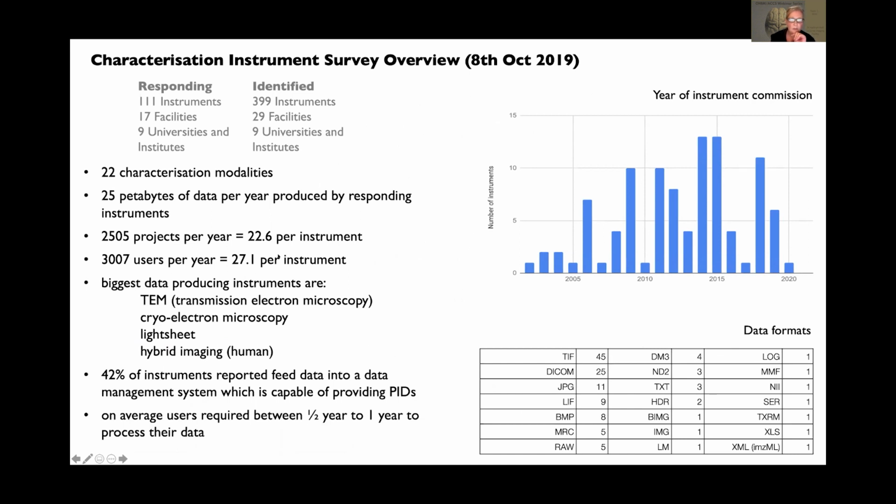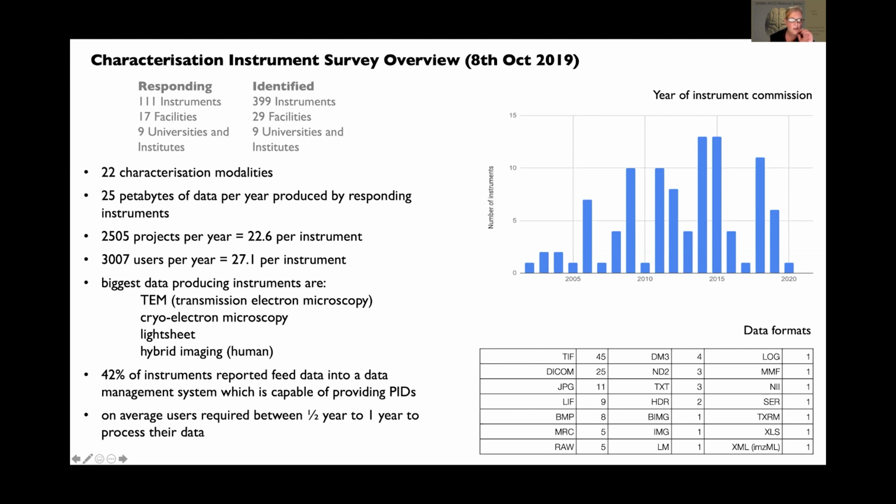Now, not all of these instruments have the capacity to have persistent identifiers, but that is increasing as well, so we're able to track metadata with the data coming off machines. These machines are also producing data in all sorts of different formats, and getting them to be interoperable is quite a challenge.